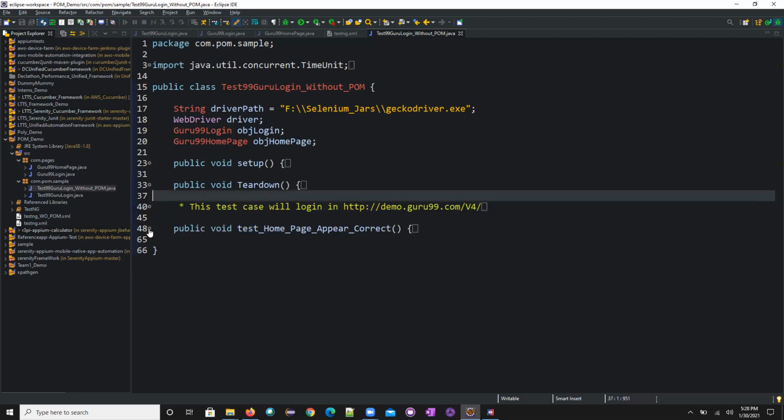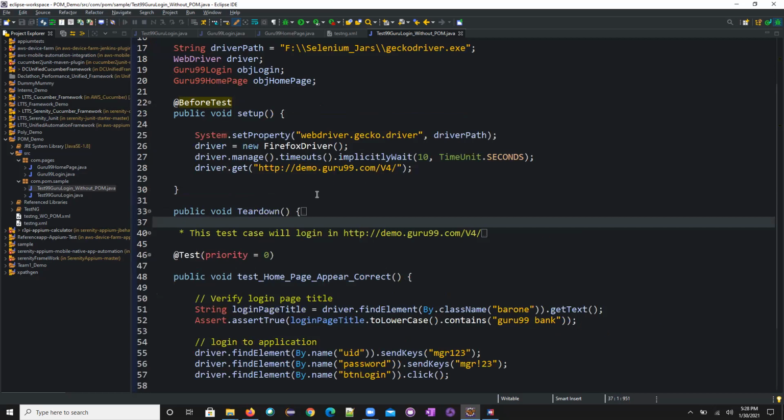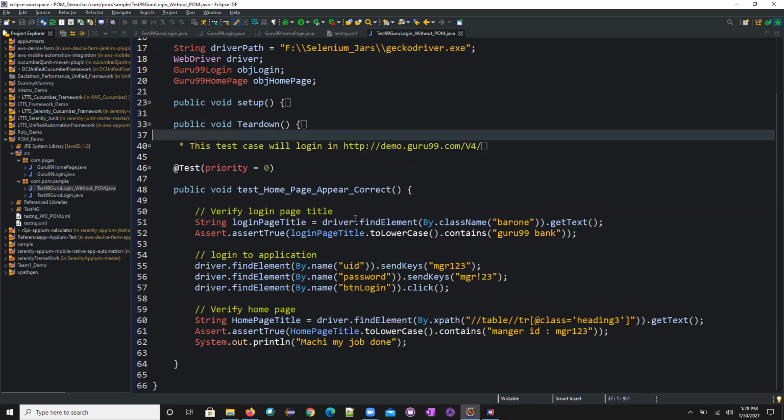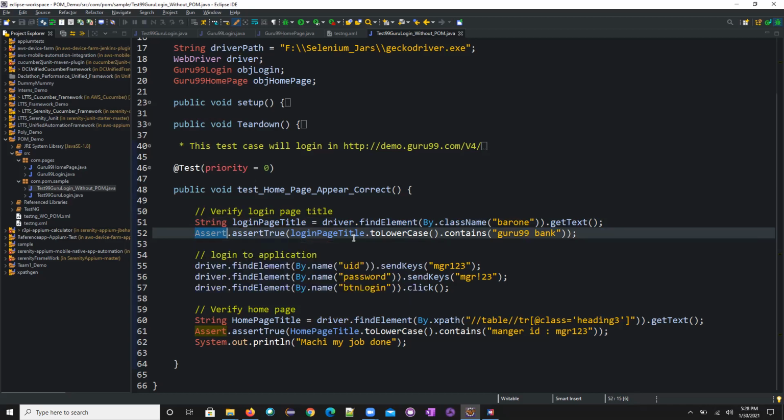Now, what is that particular test method? If you see here in this particular test method, before, it navigated to the right URL. Now, at the start of the test, it will verify whether it reached that particular title or not. So what I'm trying to do is get the title of this particular page. This is how we write it in Selenium. It's a very simple code. And once I got this particular title, I'm trying to assert this value with this one. So these are the assertions I have been using, the TestNG assertions: expected value versus actual value.